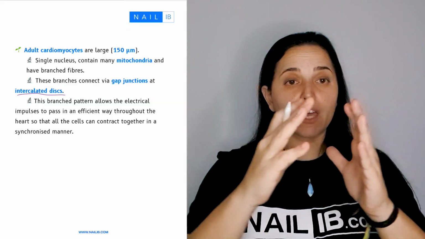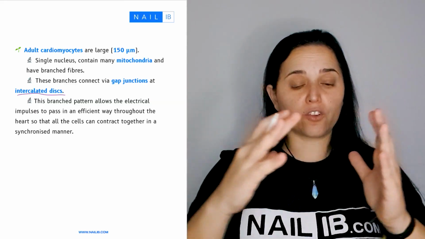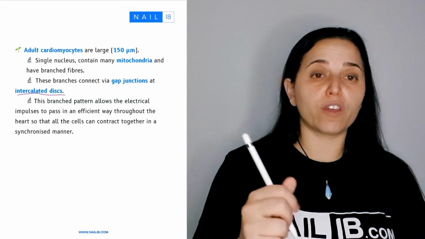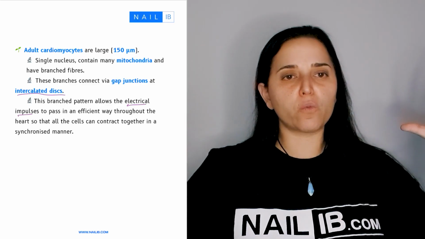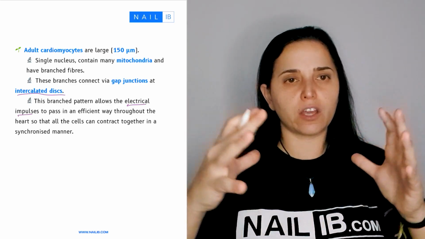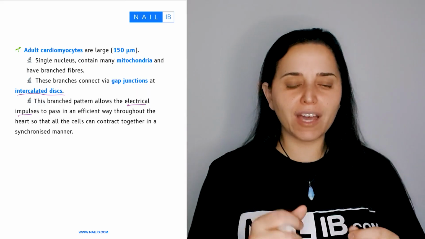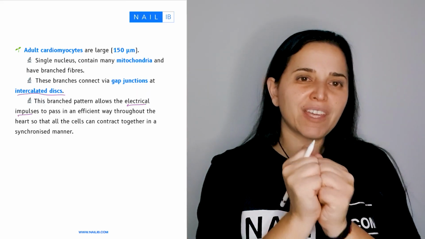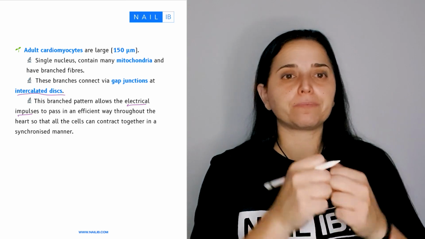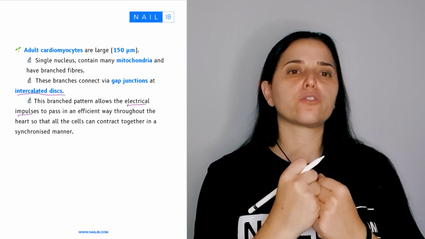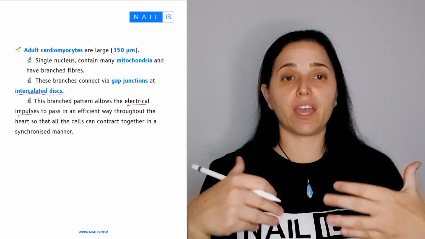So they contract together, they relax together. If electricity passes through them, as you can see here, it makes it efficient so that all receive it at the same time, so they all contract and relax at the same time. All because they have the gap junction holding them in the intercalated disc. And again, these fibers are so connected, and they are pushing each other together through electricity, with the ATP and